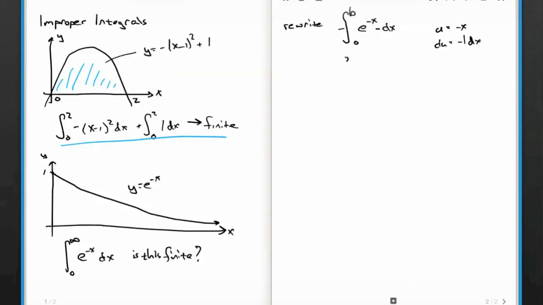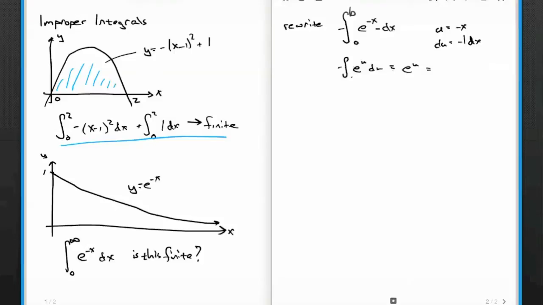And this becomes the integral from, well, I can't use my limits here because my variable has changed, of e to the u du, which just equals e to the u